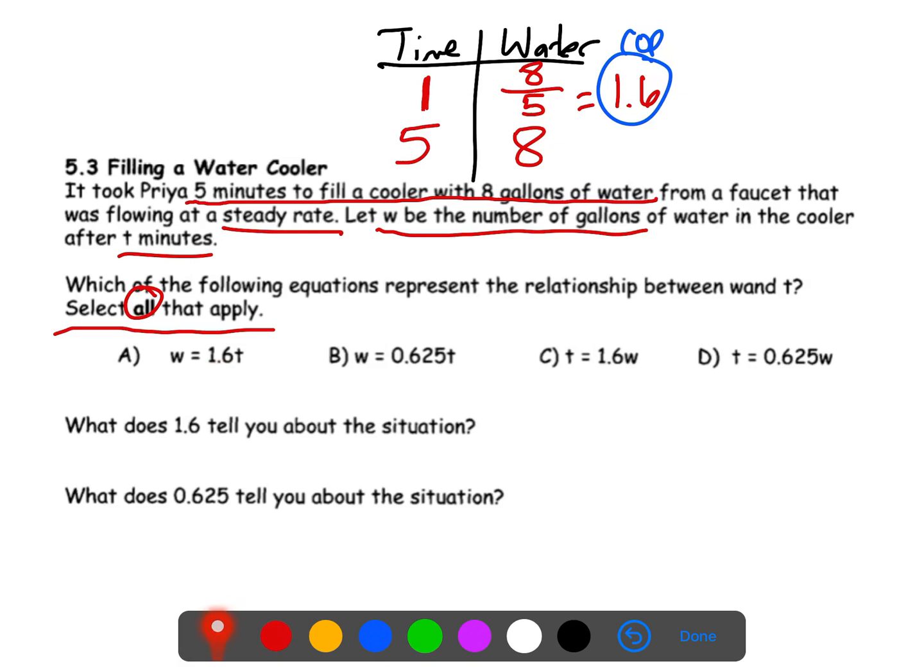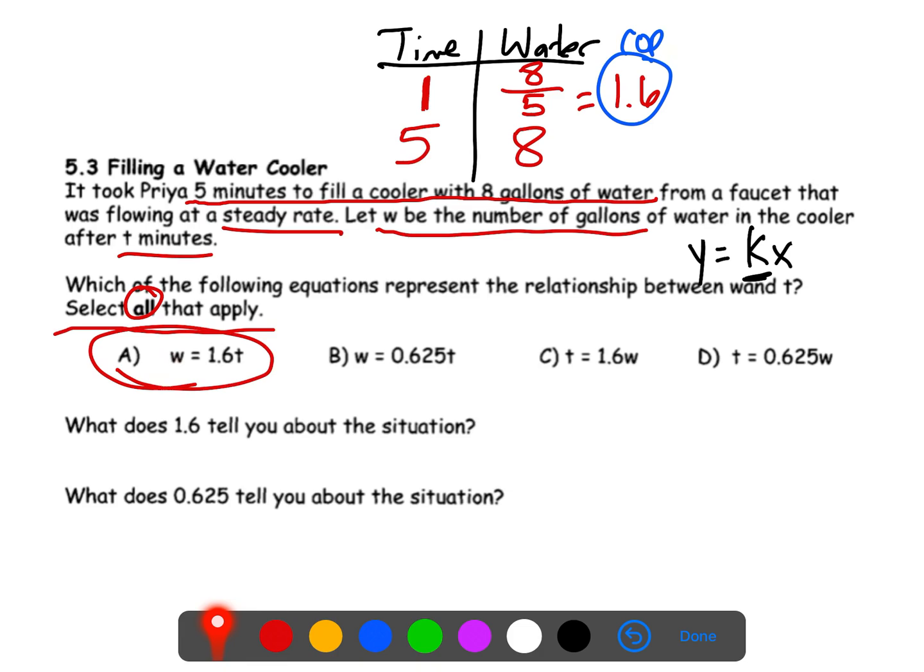Remember that equation that we were using earlier was Y equals K times X. That's kind of our model for what the equation should look like, and K is our constant of proportionality. So if I have a closer look at my table, every amount of time, T, is being multiplied by my constant of proportionality to get W, the amount of water. That would mean this equation here is representing that. I'm going to take 1.6 times T, my time, to get the amount of water,